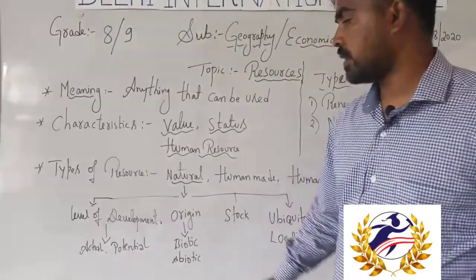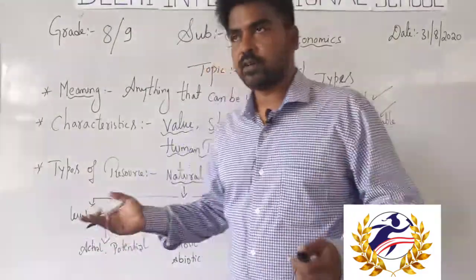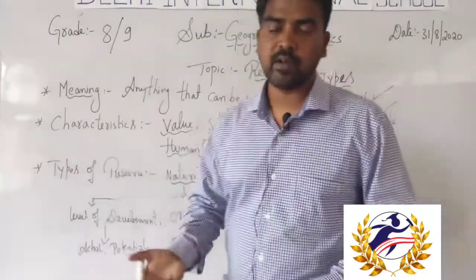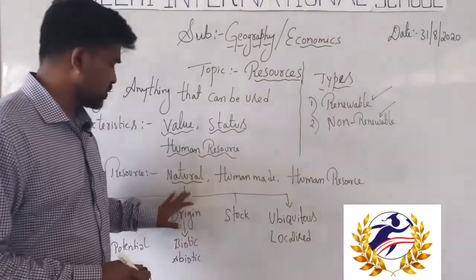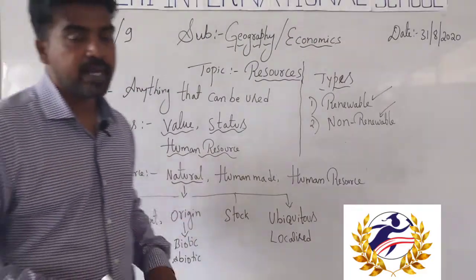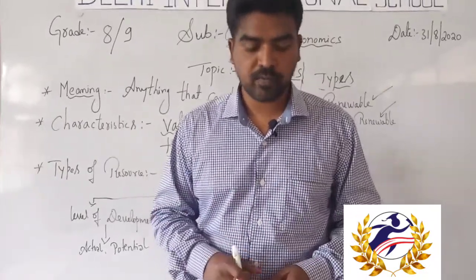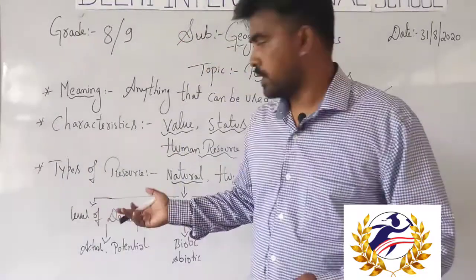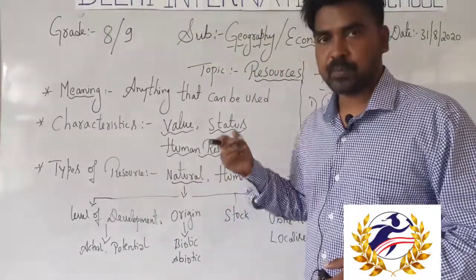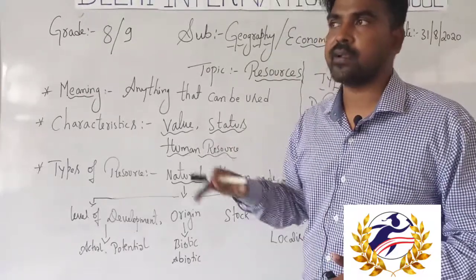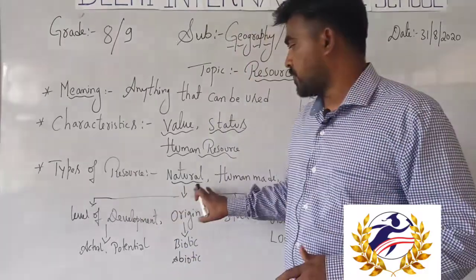First, the natural environment. So what do you mean by natural resources? Of course, natural resources are available in our environment itself. Natural resources are gifted by nature without any effort or interference of humankind. It is available in nature, gifted by nature. We have many examples: sunlight, water, land, natural vegetation, and minerals. These are all gifted by nature.